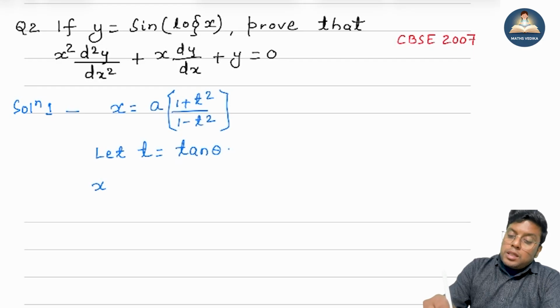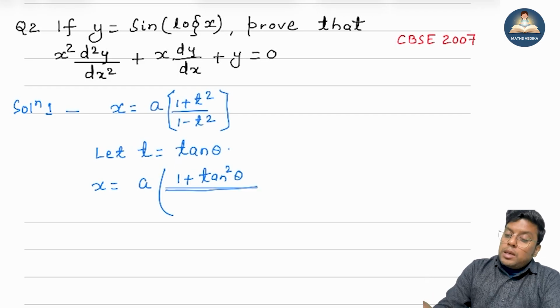So x is equal to a into (1 plus tan square theta) divided by (1 minus tan square theta),